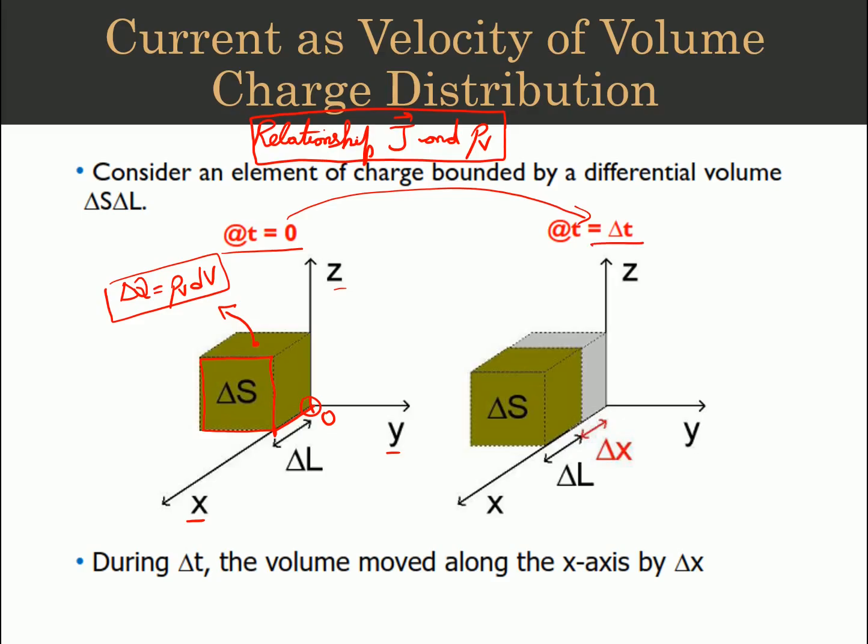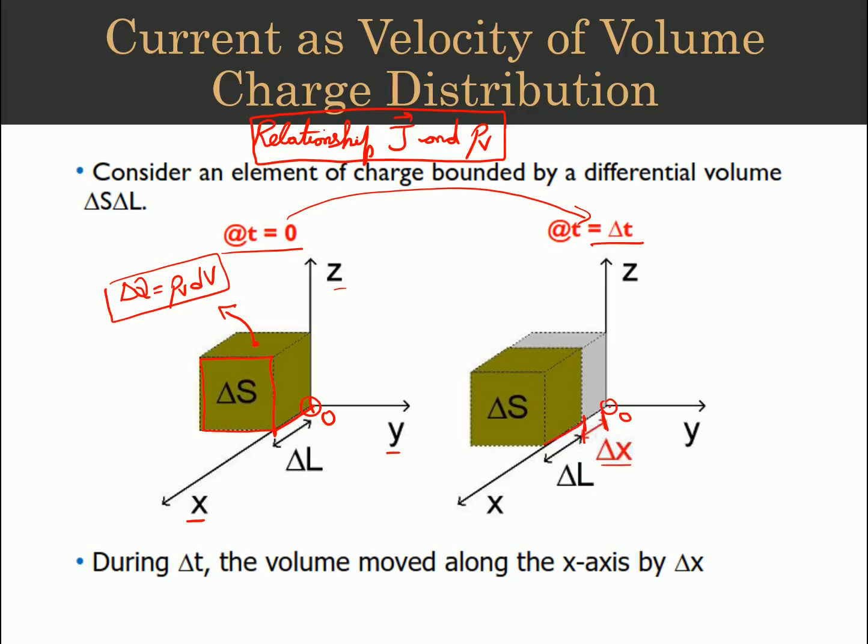We see that the cube has moved from the origin to a certain point that is covered as delta x. So this is the amount of shift that has happened along the x-axis at time equal to delta t. And this could be a byproduct or effect of any current that has performed an action on that. So in any case, the cube has moved a certain distance which we represent from the origin as delta x,